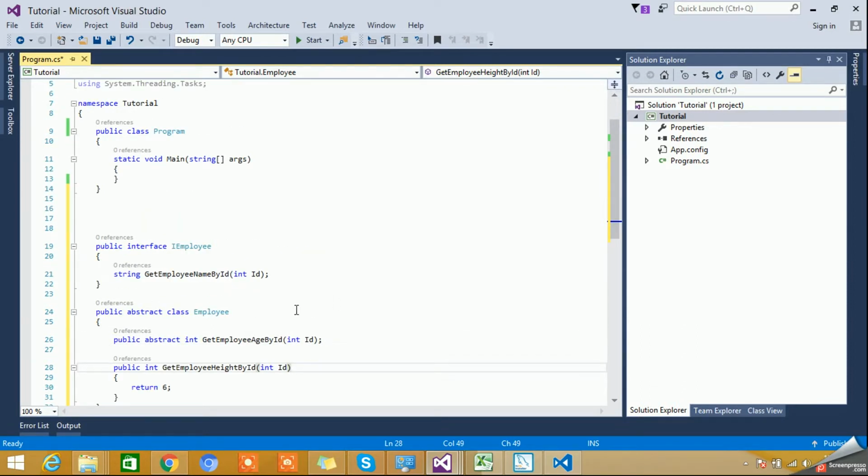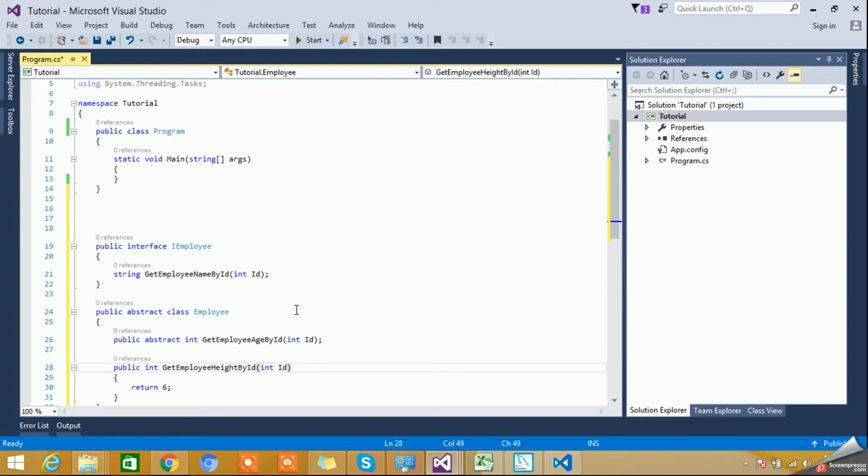In C# we don't have the concept of multiple inheritance. I mean, we cannot inherit multiple classes into a single derived class. But there is another way that we can achieve this: we can inherit only one class but we can implement multiple interfaces.